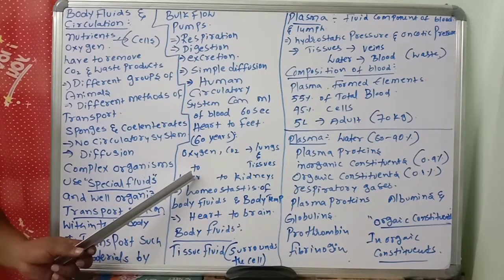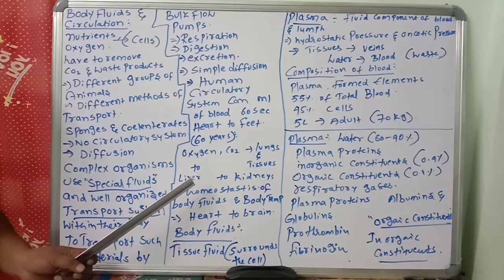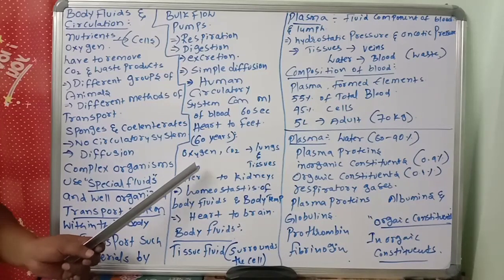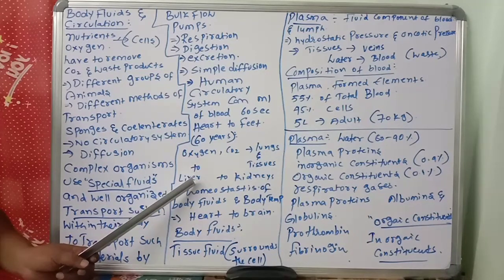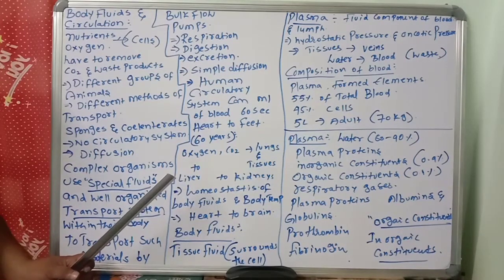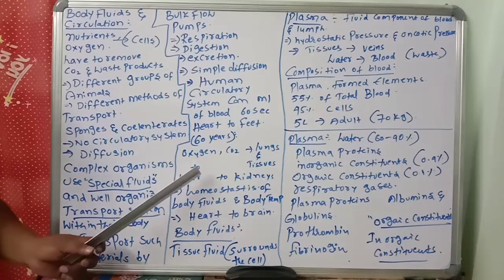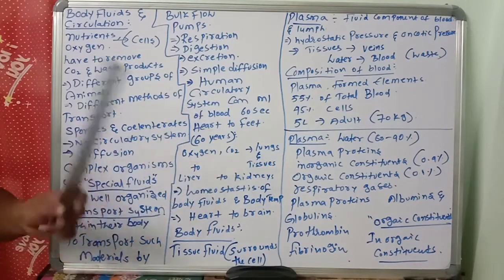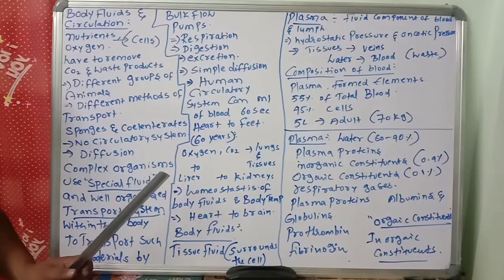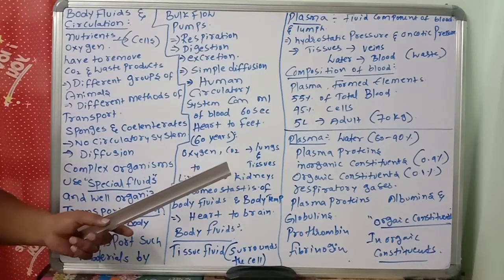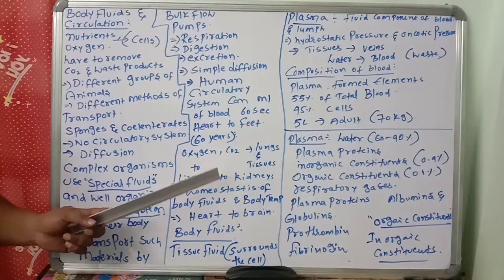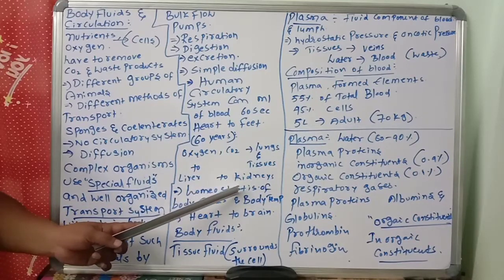And the next important, the digestive system: the nutrients from the digestive system are carried to the liver, and from the liver to body parts, to tissues. Everything goes through the circulatory system only. And waste is also transported to the kidneys through the circulatory system only. Why should all these things circulate from one organ to another? To maintain which one? Homeostasis.